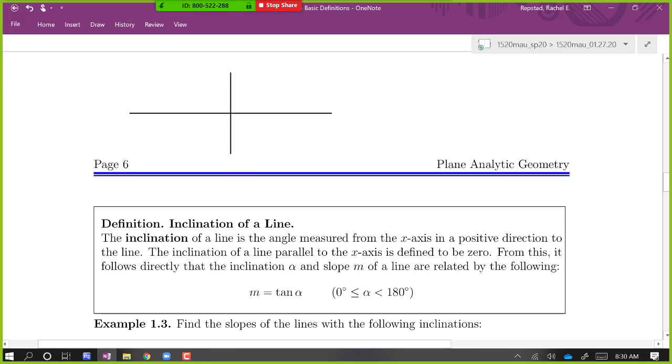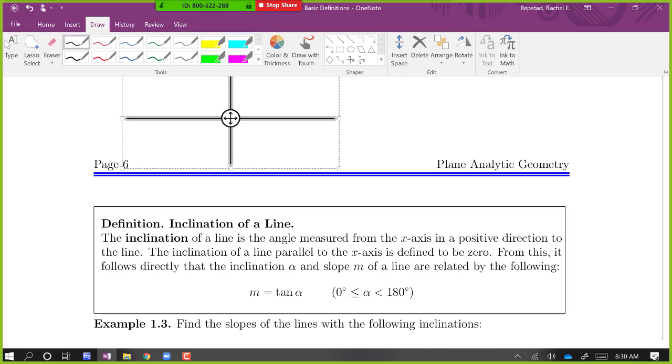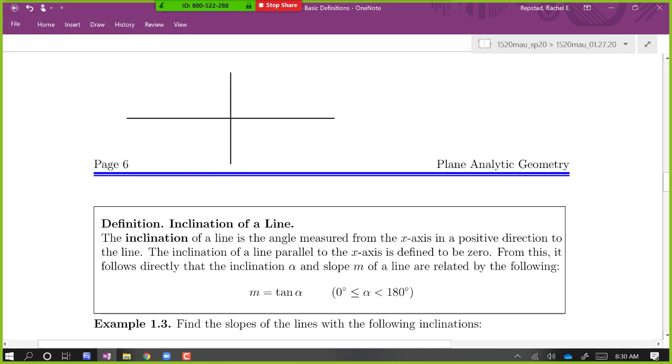I'm just going to sketch out a couple of different lines here. So I might have a line like this. Its inclination, which we call alpha in these notes, I'm referring to that inclination as alpha. So there's alpha, right? I'm starting on the right side of the line, moving up to the line, it's that angle right there. A line like this, I'm still starting on the right side of the line, so there's the inclination alpha. The angle alpha could be anywhere from 0 degrees to 180 degrees.